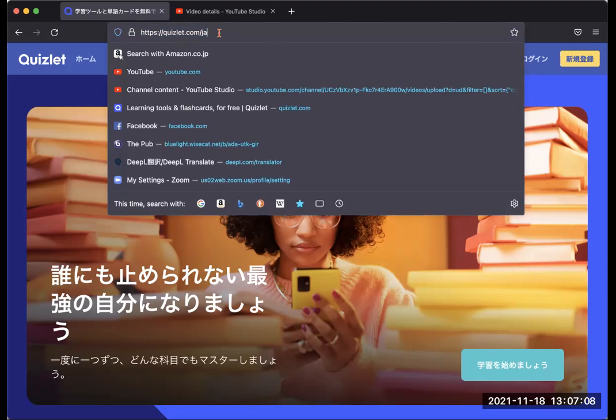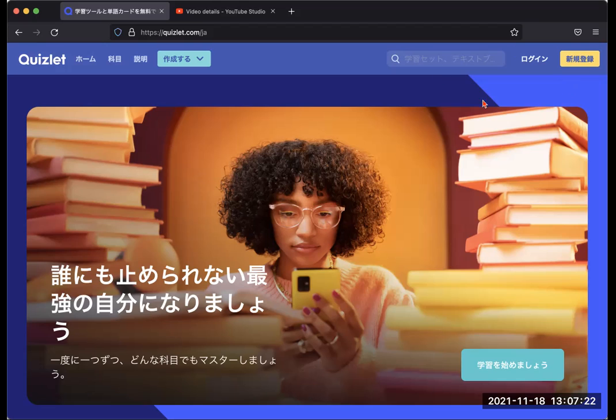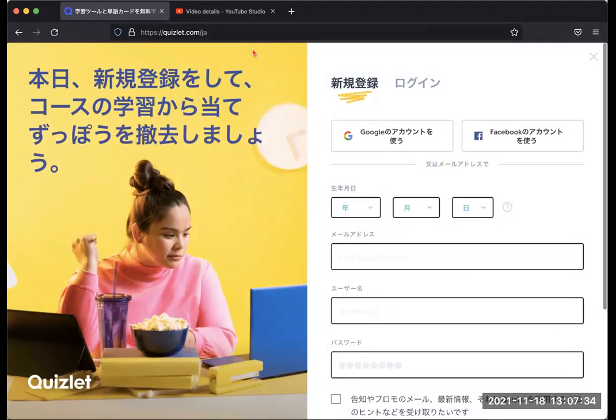So even though it says Quizlet.com, it usually can figure out that you're using a Japanese computer. And in that case, then we'll give you the Japanese interface. So this is what we're going to be doing. You're going to be going to Quizlet, and I need you to make a new account. Okay. Now, to do that, you click the yellow button up here in the top right-hand corner, click that, and you'll go to this part of the website.